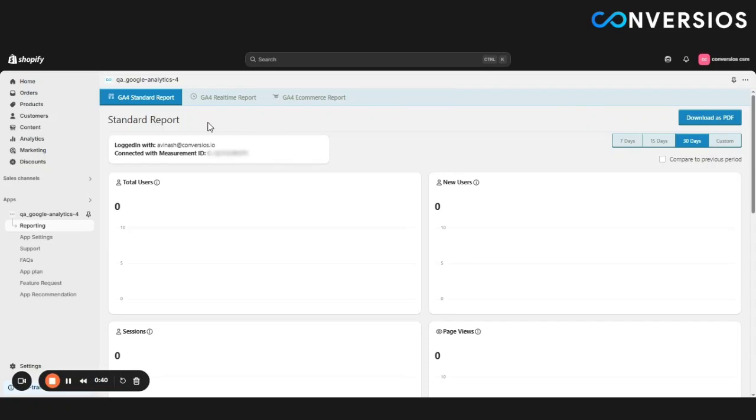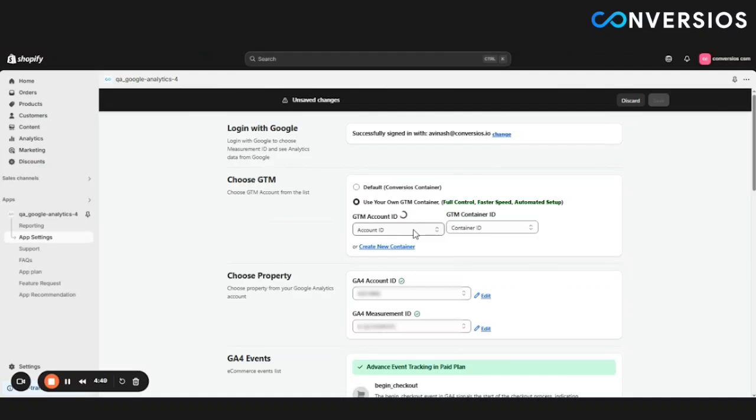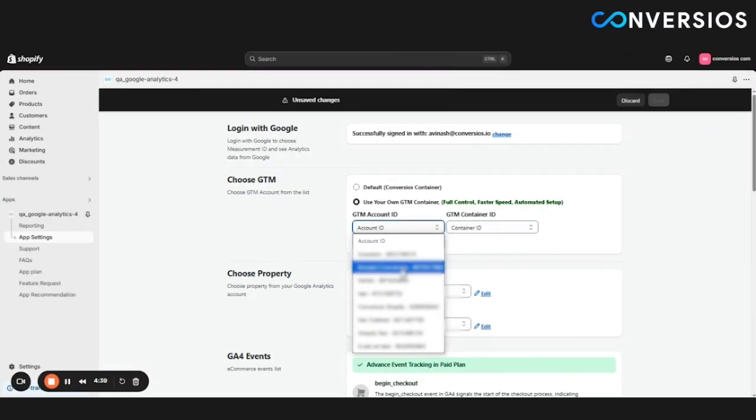You see there are three reports available: GA4 Standard Report, GA4 Real-Time Report, and GA4 eCommerce Report. Let's quickly see what options are available with the premium version. Here you see, use your own GTM container is available. Let's click here. Now you can select your own GTM account ID and container ID as well. Select the account ID,